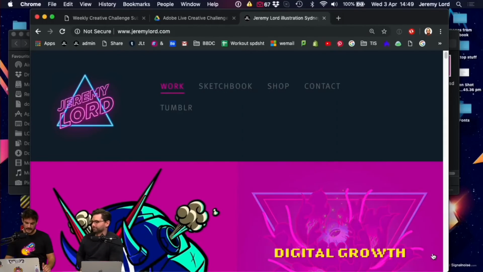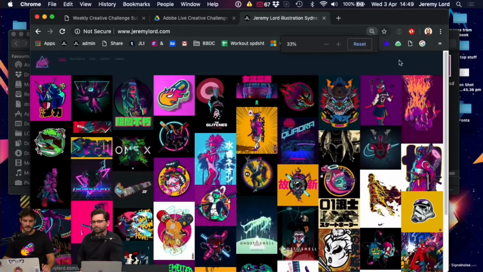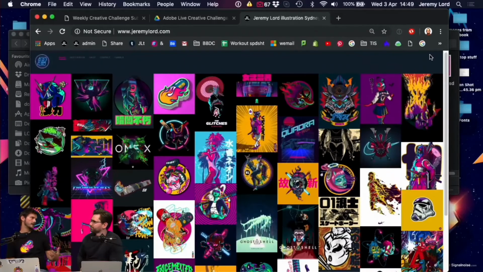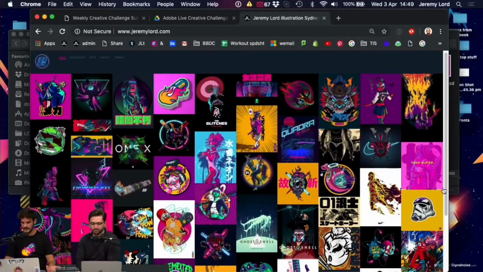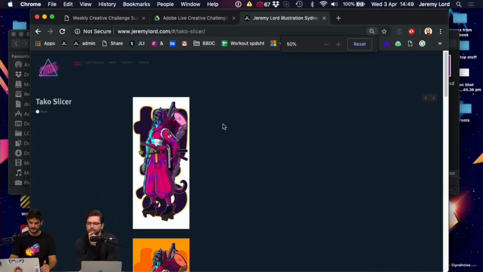60-30-10 is actually an interior design principle where if you're designing a house, you want 60% one thing, 30% another thing, and then 10% of a bit of mustard to pick up the whole thing, right? And how that works is on something like this. So we've got this image,